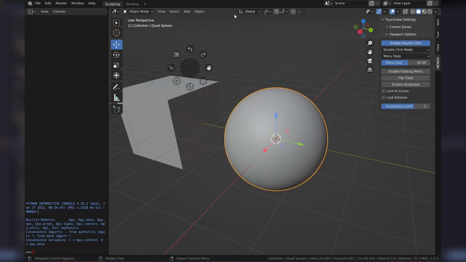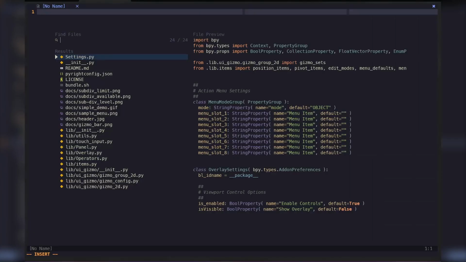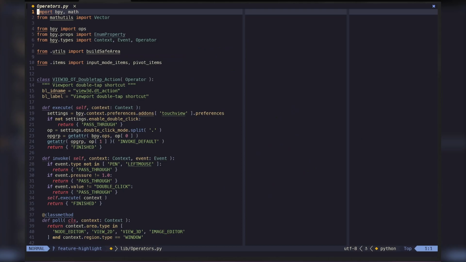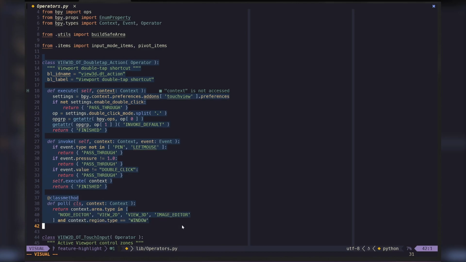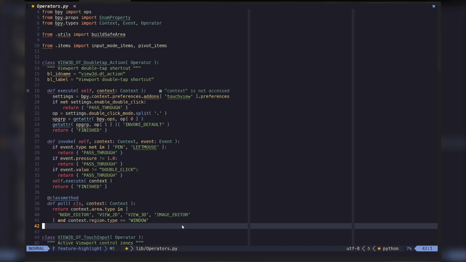Okay, so let's take a look at the code we'll be working with. Let's get to our operators, and we want to find the double tap action operator. It's this guy right here. So operators are the commands that get run inside of Blender to interact with various things in the application. This operator right here is going to take our user input and it will trigger an action based on settings